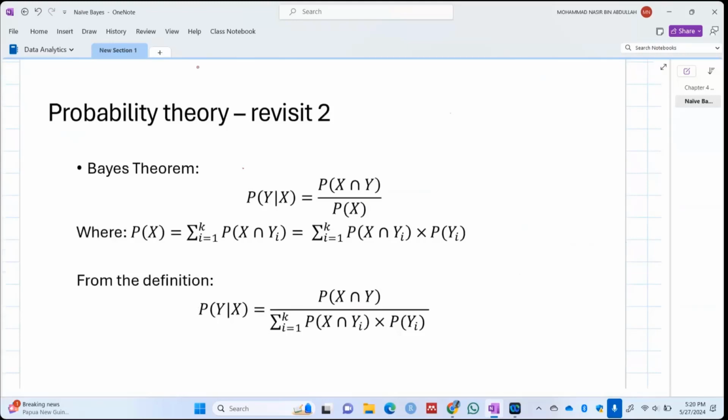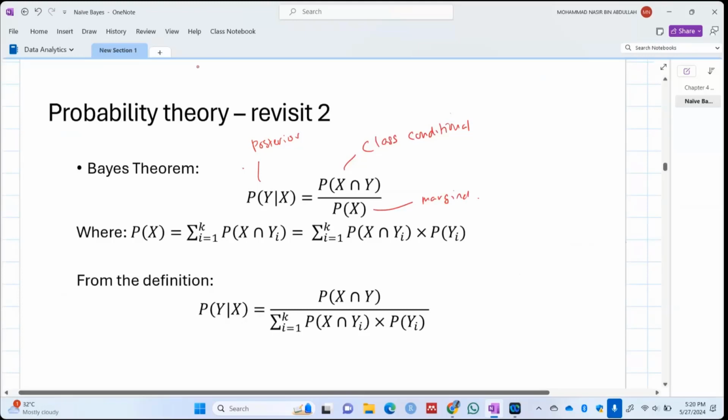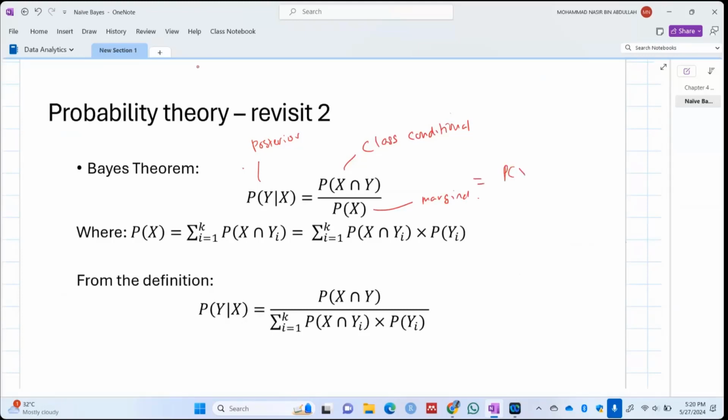So for example, this is what we call the posterior probability, and this is our class conditional probability, and this is what we call marginal, right? This also can be interpreted as probability of x given y multiplied with probability of y divided by probability